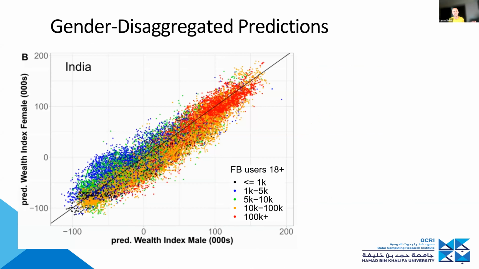Where we have this model that's trained in a demographically disaggregated manner, but we apply it to different demographic subgroups, right? Now every data point here is a location in India. And so we make one prediction for the wealth index for women and one for the wealth index of men, right? Now you see something that's surprising, at least in the Indian context: surprisingly gender equal. That's a bit weird, right? And this is not even plausible.